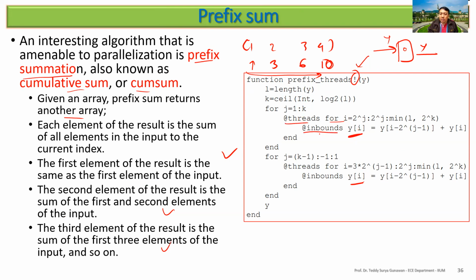Remember what is inbounds? Inbounds means you are sure that it will not go beyond the length of the buffer. Because you can see here we put this one, so it will not go beyond the length of the buffer. So you just put inbounds here, so there's no array checking. There's no check, so the compiler will have faster processing because it does not need to check whether you have buffer overflow or not. But you need to make sure that you don't have buffer overflow in here.